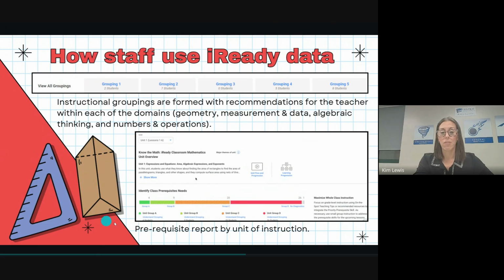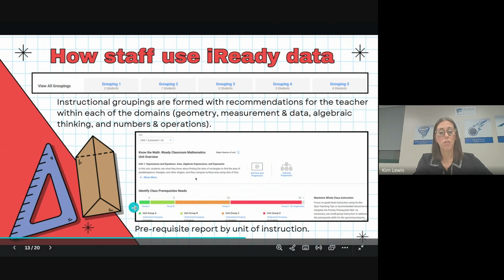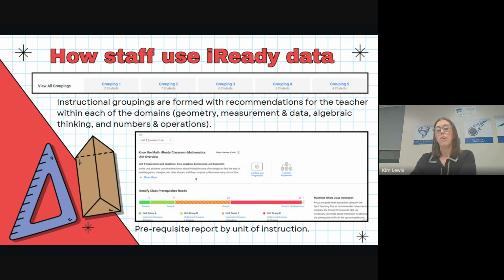So this is, again, just a random sample, but you can see 4 students are green in this group A. They really don't have much to work on. These 26, I think it says, students are red. There's going to be a lot more prerequisite skill work that they need to do in order to be successful in the current unit. So before we jump into the new unit, the teacher has data to say, maybe a large chunk of your class isn't ready yet. Look back at some of these skills they should have learned the previous year, aren't quite mastered, so we're going to focus on those moving forward. So that data is helpful